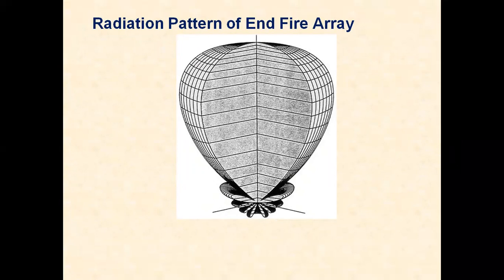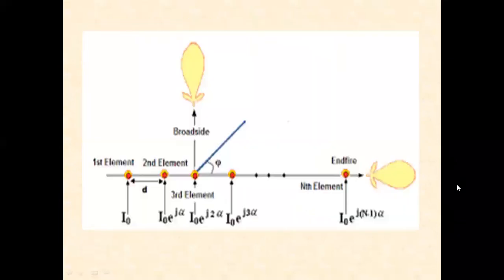So when we place the antenna in the opposite direction, the maximum direction is like this along the array axis. This is the array axis. This is the maximum radiation along the array axis. And there are minimum radiations backward and in the other directions as well. So here we have seen the two types of arrangements, broadside and end-fire.